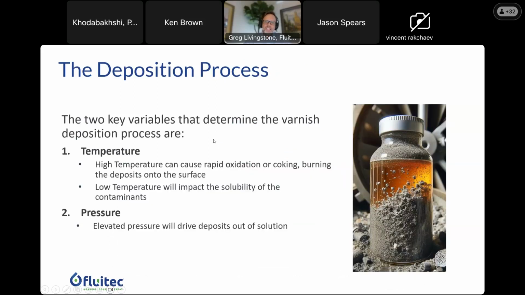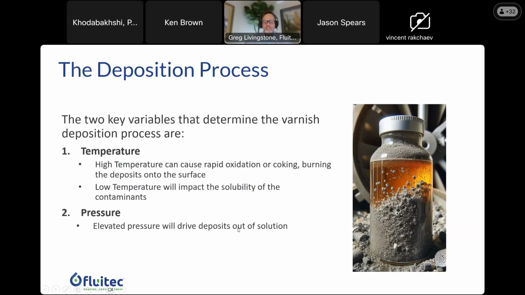But getting back to the deposition process, we've talked about how if you lower the temperature of the oil, it can impact the solubility of the fluid, and then these agglomerated degradation products can precipitate out in this extremely exaggerated AI-generated sample bottle here. Hopefully, this is never a turbine oil that you've seen. So solubility is one